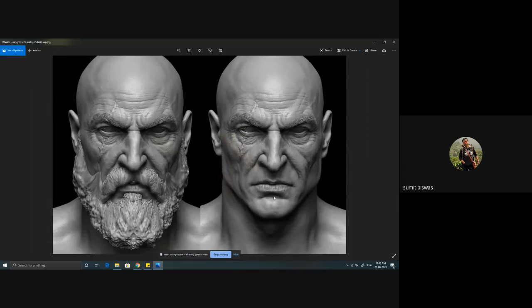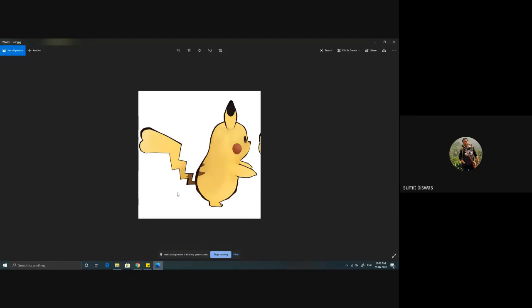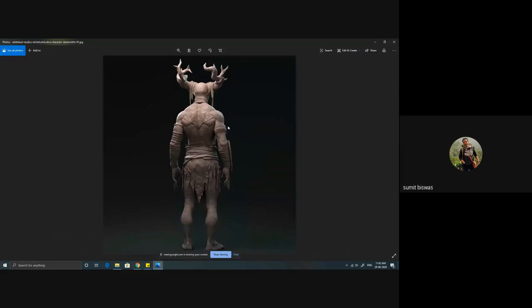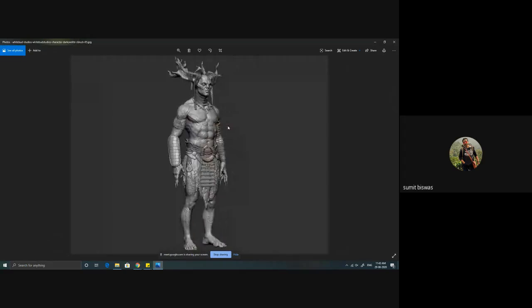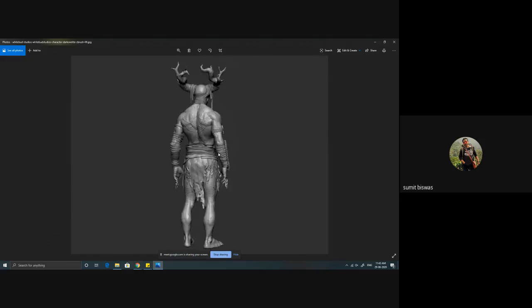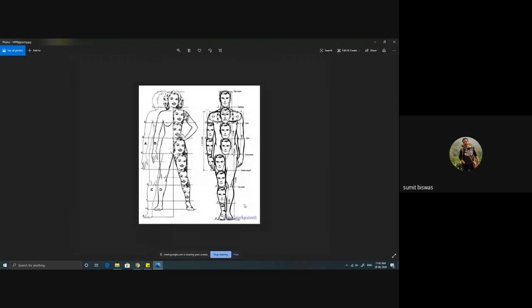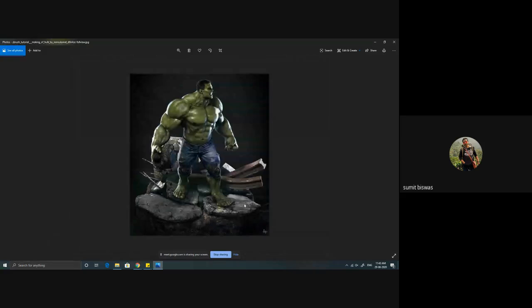See, with hair, without hair. You see, it's a ZBrush model, and you can see even cloth, those fabrics, those beards, those spikes, everything sculpted. And this is something we can do very easily. It's not very difficult. Proportions, yeah,